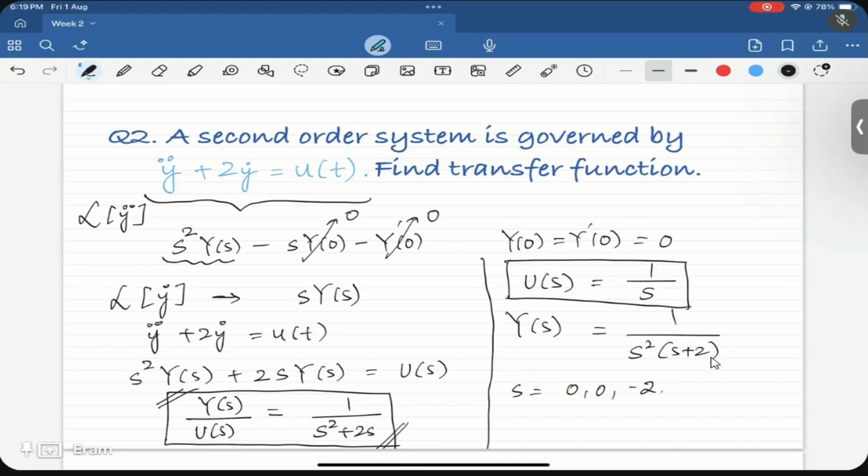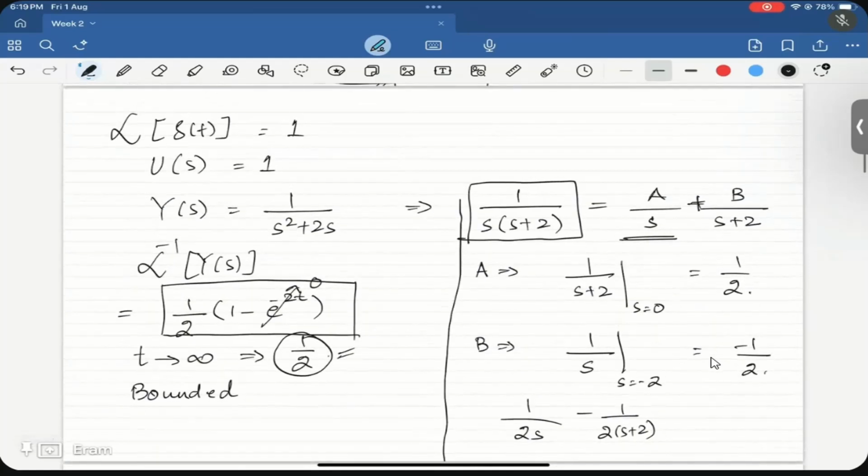So we have identified one input that can make the system unstable, so that is why we are saying this system is not BIBO stable. Another way to check is to check the roots of the transfer function. If the poles of the transfer function lie strictly on the left half plane, then we say that the system is BIBO stable. For this system, one pole is on the left half plane, that is -2, but the other pole is at the origin, which is not on the left half plane. So this system is not BIBO stable.